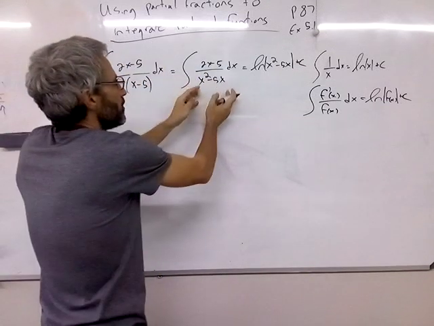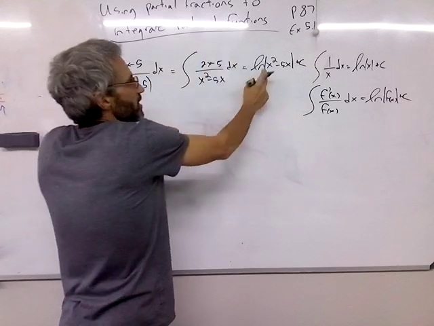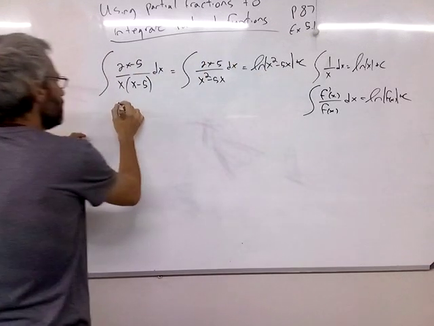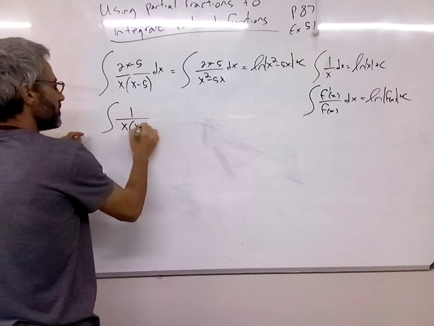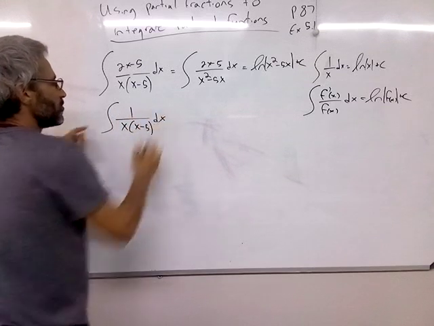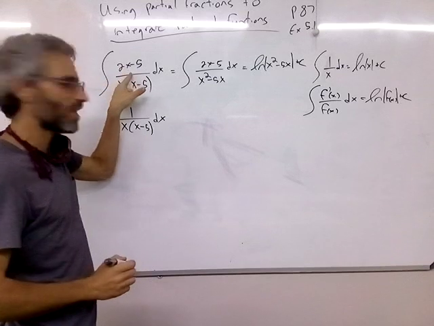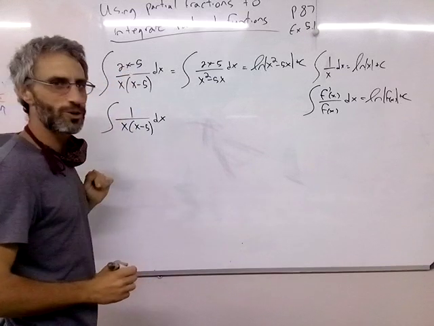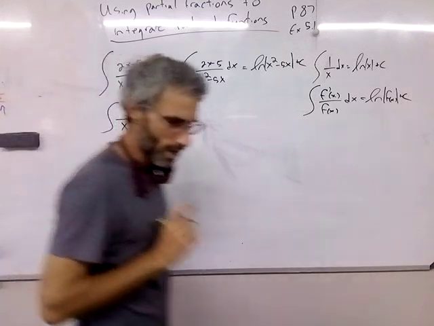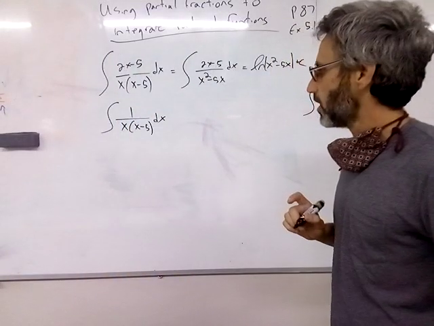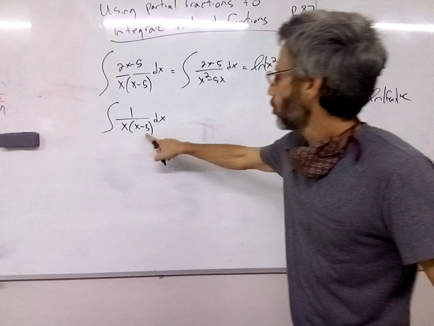If I have a function and at the top the derivative of that function, the answer will be ln of that function. But I'll go back to my original. What happens if I want to integrate that? Even though it looks simpler than that, in reality it's more difficult because I'm missing the derivative of this function. So what we're going to do here is remind ourselves how to turn that